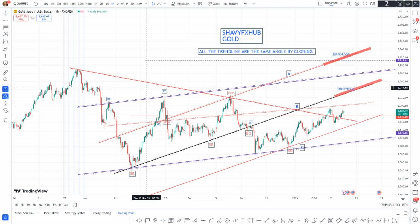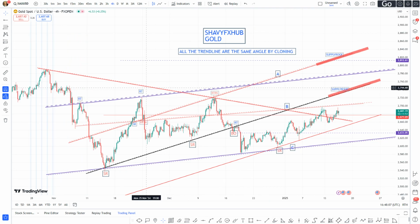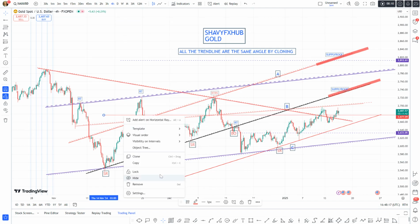So XAU/USD defended 2,677. We were expecting a drawdown into 2,671. But at this level, it will be watched because